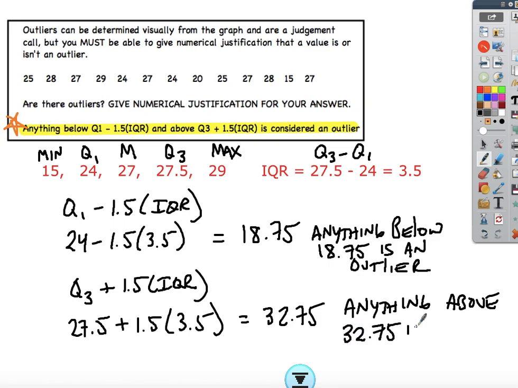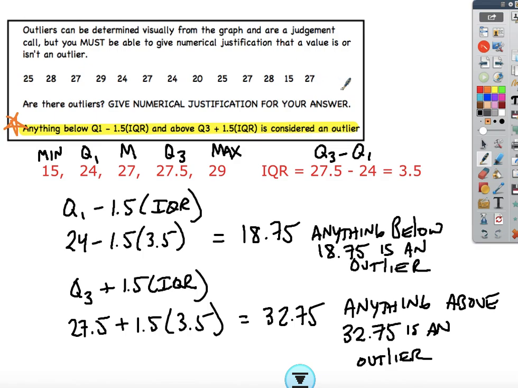Now, if they ask you to give numerical justification, here's your numerical justification showing how you plugged in the numbers. But then if they ask you, are there outliers, they want to see what these boundaries are. So make sure you talk about what the lower bound is and what the upper bound is, like the cutoff for outliers. Don't just mention one or the other. You know, there might only be a high outlier, but you should still mention what the lower cutoff point would be. And then you could go through here and try to find, are there any numbers smaller than 18.75 or greater than